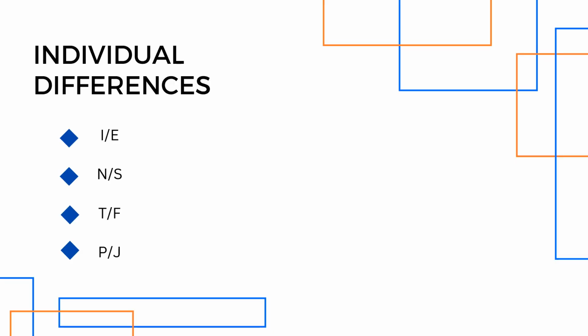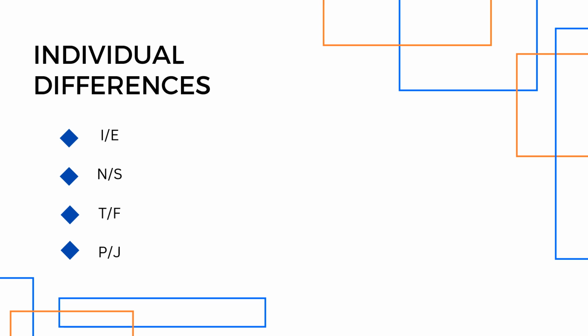Based on Carl Jung's theory, individual differences exist among students and people in general in the following areas. People may prefer to be introverts or extroverts, intuitive or sensing, thinking or feeling, perceiving or judging. Introverts derive energy from within, whereas extroverts by socialization and having a lot of friends. Intuitives see the big picture, whereas sensors use their five senses to derive data from the senses.